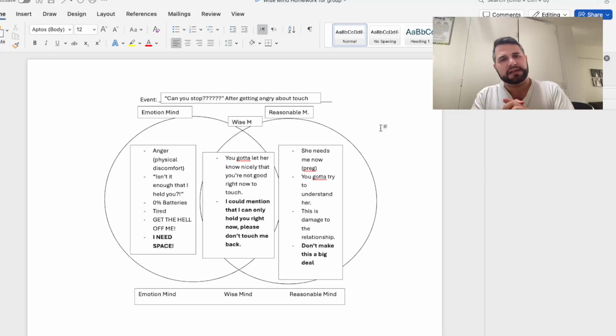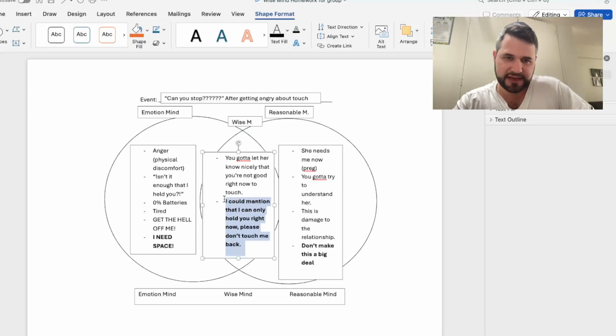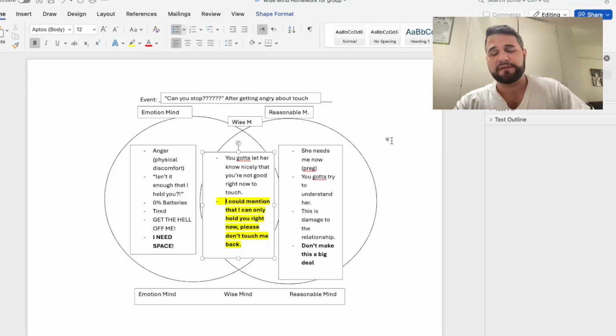And so, I think this is the wise mind. This is the wise mind choice right here that I will go with. And I might even mention it, if it's cool, right? I might even mention it today to her. I feel bad about what happened, and I thought about it, and I think maybe if we can revert back to this, especially after hard days when I have no energy, I hold you, please don't touch me back. I'm not in the mood, and it bothers me for my own reasons, right? I'm working on them, right?